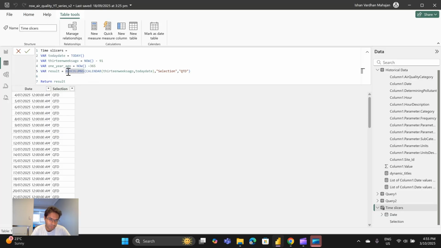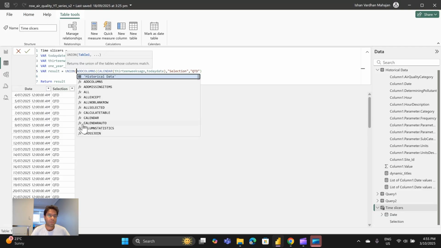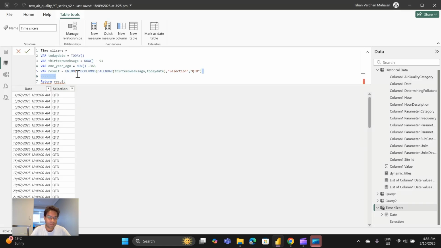There is a function called union, which I'll add here, which allows us to do this. So union, what does it do? It returns the union of tables whose columns match. Which means that it appends rows, like adds rows in the same column in the same table if the columns match. Okay, so this being one table,